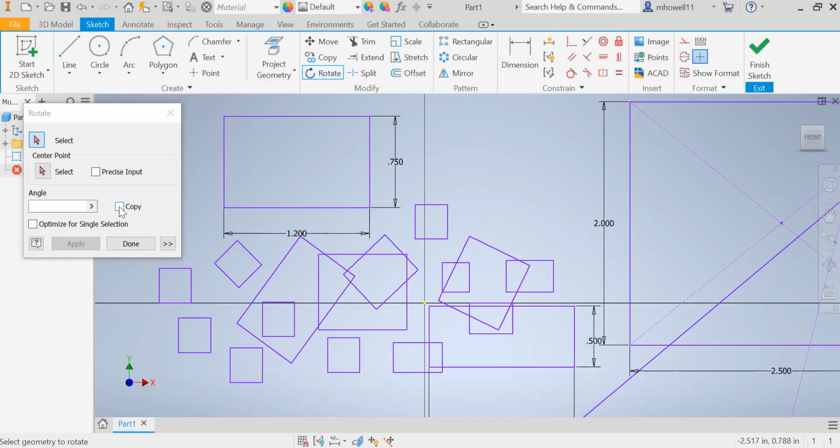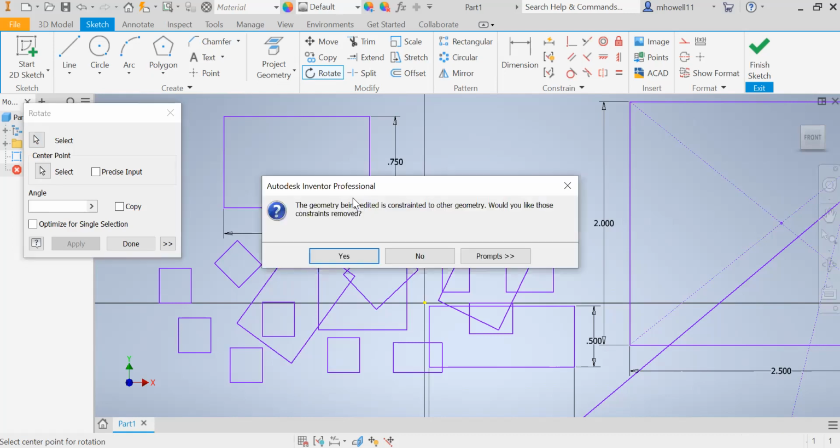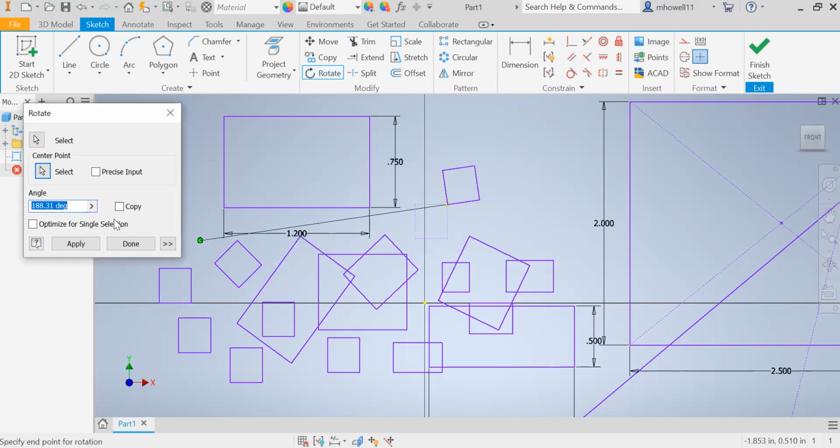You can make a copy of it also. So watch what I'm going to do next. I'm going to select a different one, okay? Do it with me. Select another one of your rectangles. Then I'm going to choose as a center point, again, one of my vertices. It's going to say it's constrained to certain things. I'm going to say, let's remove those constraints. Yes, I want to. And now what I'm going to do is I'm going to choose the copy option here